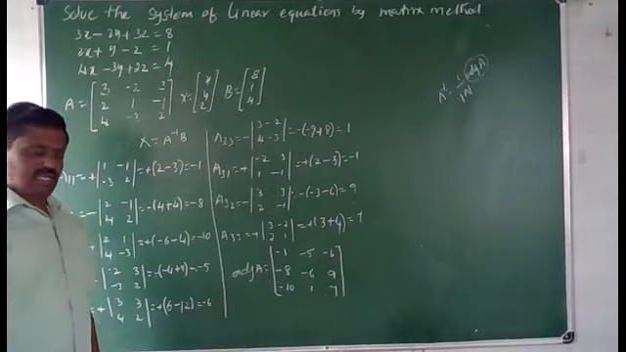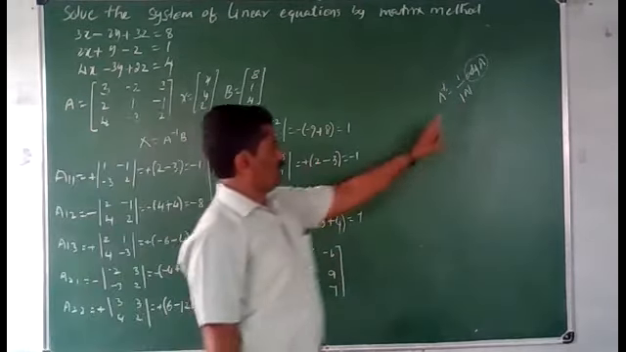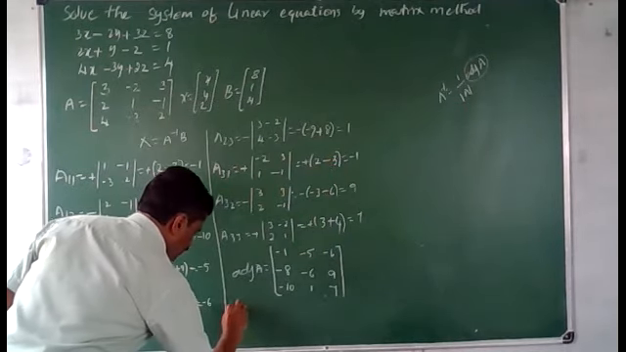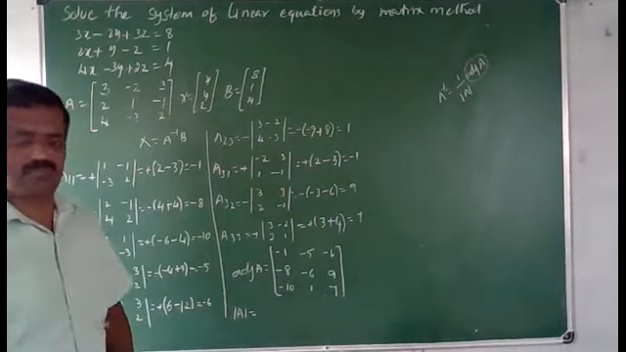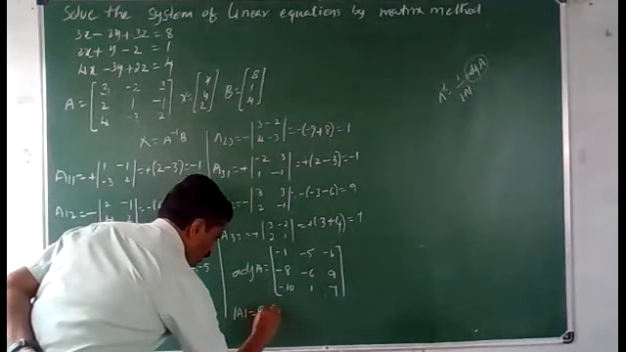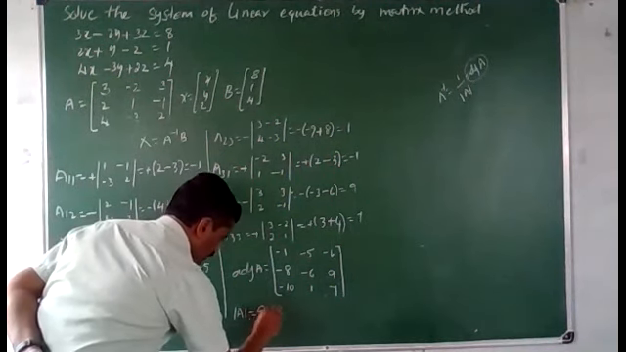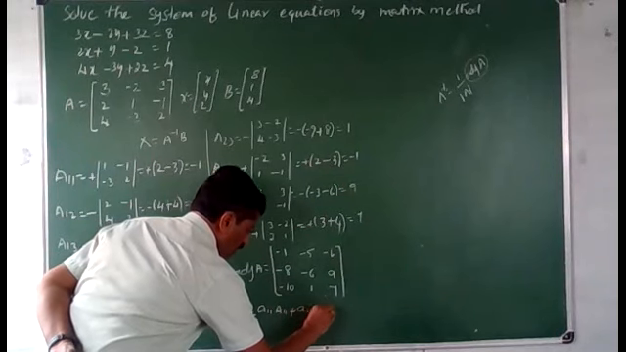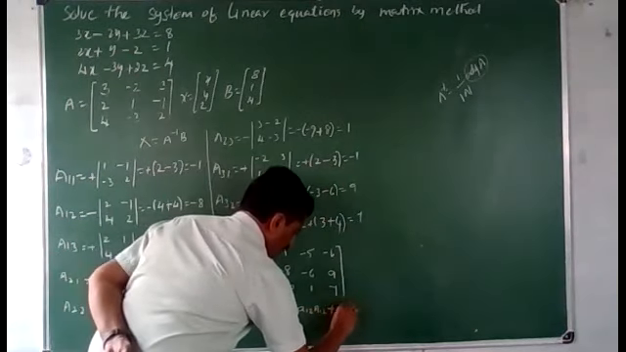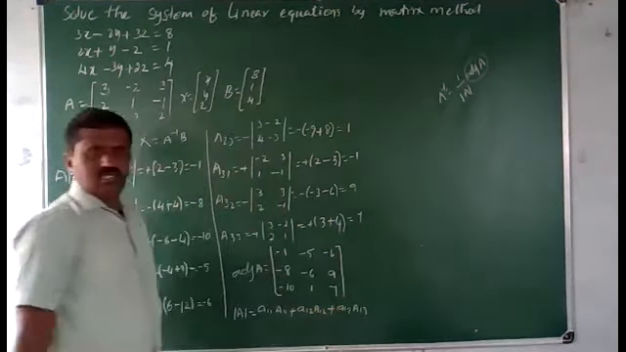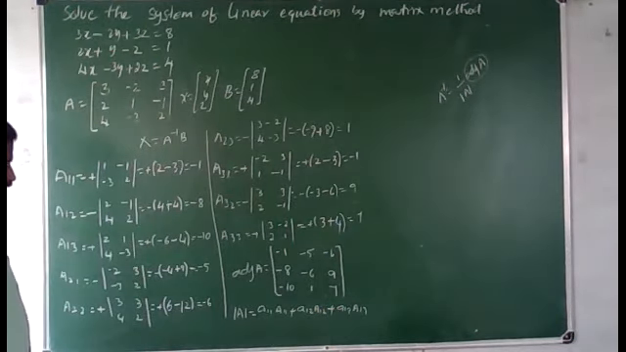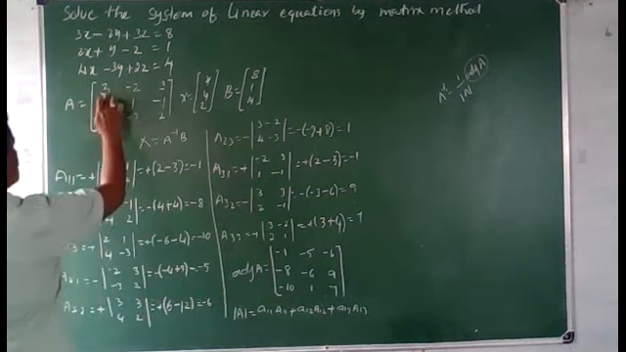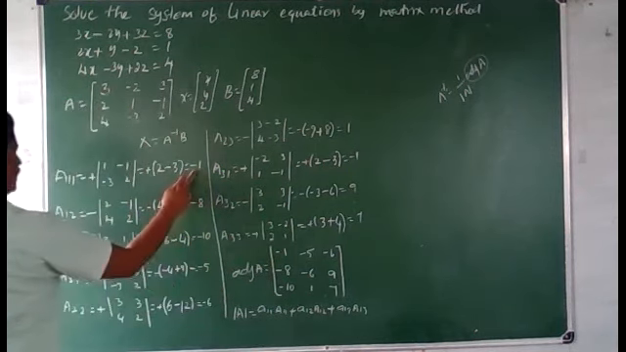Again, we need to find what? The determinant of A. Determinant of A is equal to, we have a formula: capital A11 into small a11, similarly small a12 into capital A12, plus small a13 into capital A13. Now substitute the values. So capital A11 into small a11. What is small a11? It is here. What is capital A11? It is here. That is